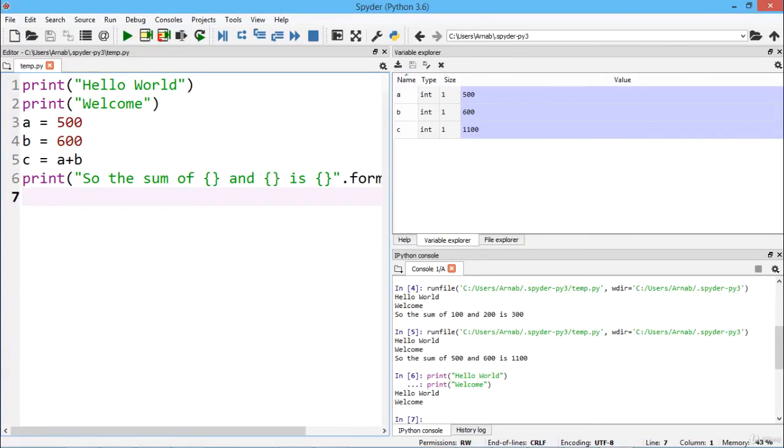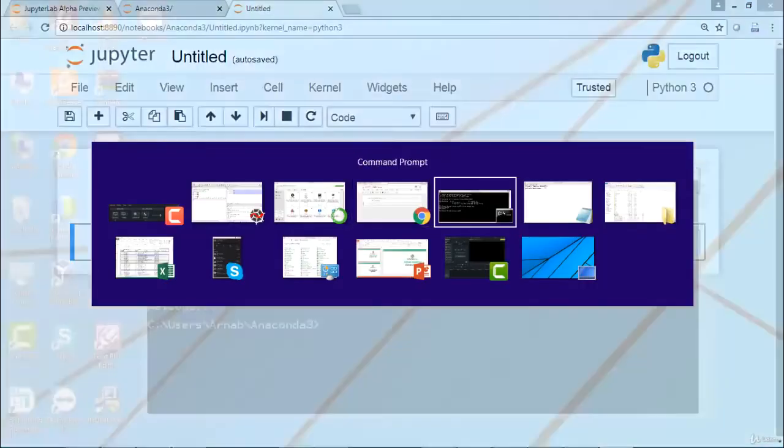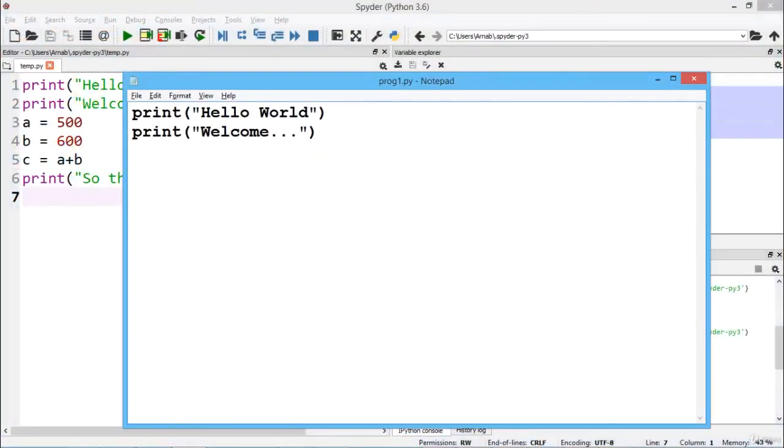The common extension for a Python file is .py. We had that extension in our notepad, that is prog1.py, so it is the normal extension for a Python source file. We have other extensions: pyc, that is the compiled bytecode; pyd, that is a Windows DLL file; pyo, that is a file created with optimizations; pyw, that is a Python script for Windows; and pyz, that is a Python script archive.